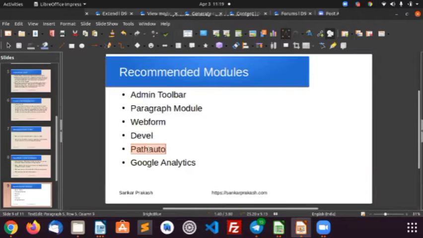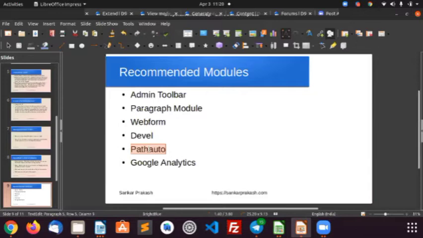Instead of changing it manually, when you install the Pathauto module, it will automatically update the URL from your Drupal node title. Say, for example, if Hello World is the title of your node, once you have saved it, you do not need to create the node URL manually. Pathauto will take care of the node title and generate a slug. So base URL followed by hello-world. That could be the URL. That's what Pathauto will do.